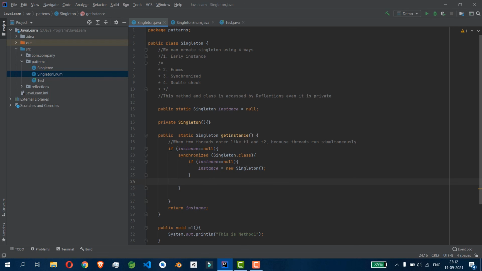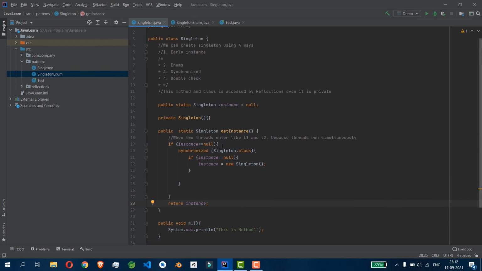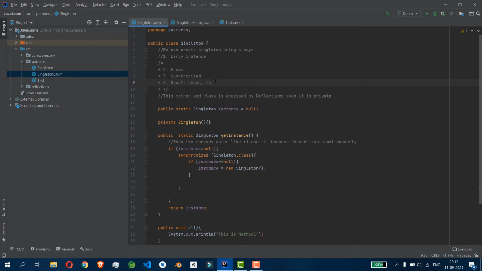It will return true, but it will check again if the instance equal to null. It will wait on the synchronized block for thread 1 to be completely successful. Then thread 2 will check the instance equal to null; there is already an instance, so it can return that instance. So the double check method is the very best method in order to create the single instance.